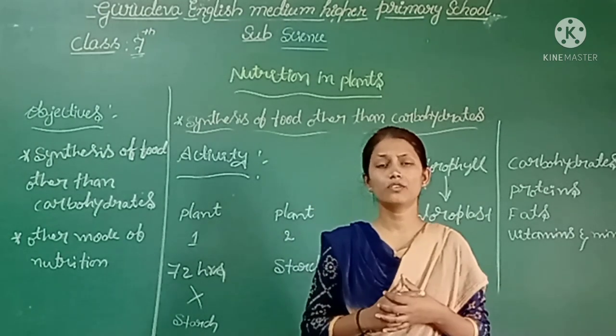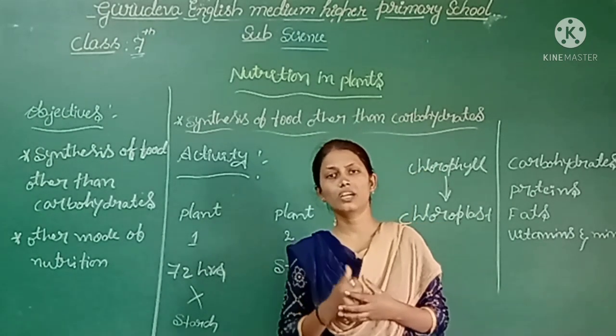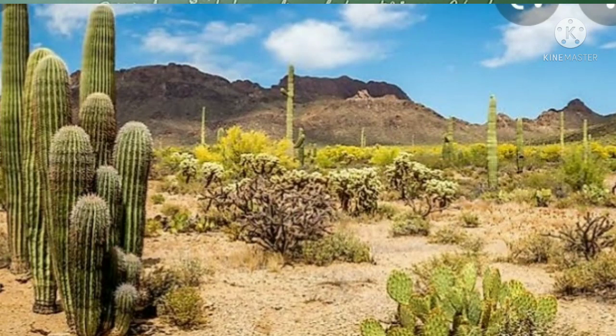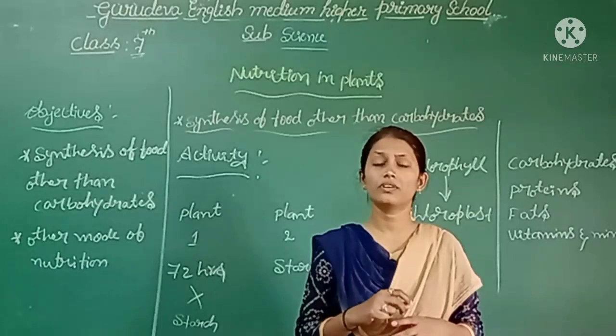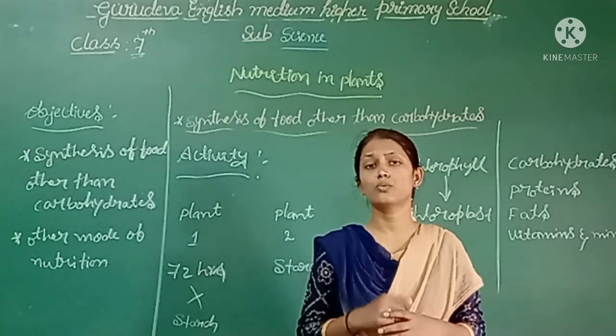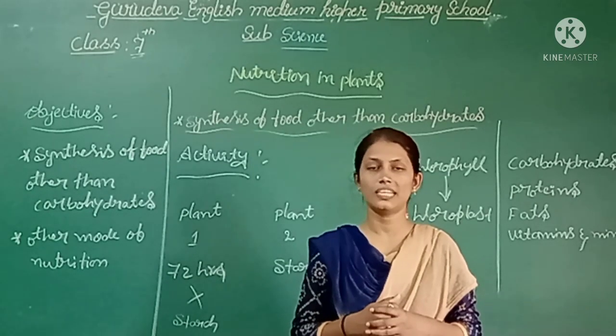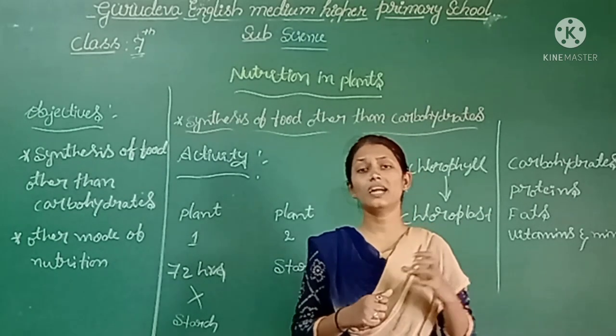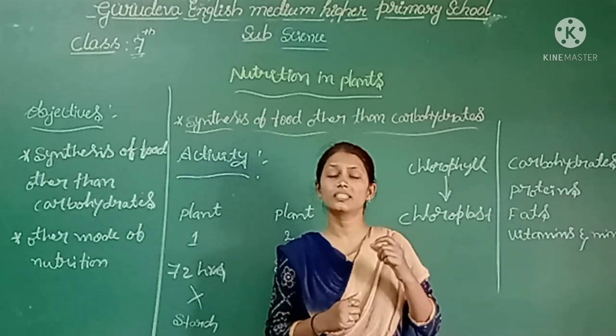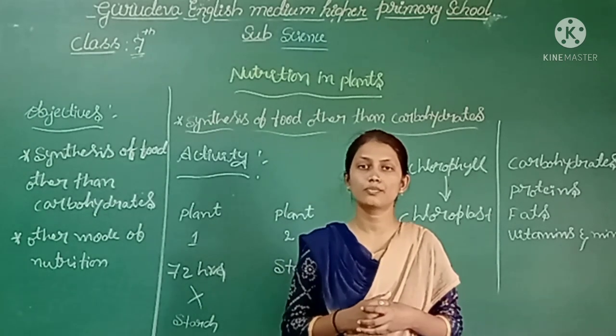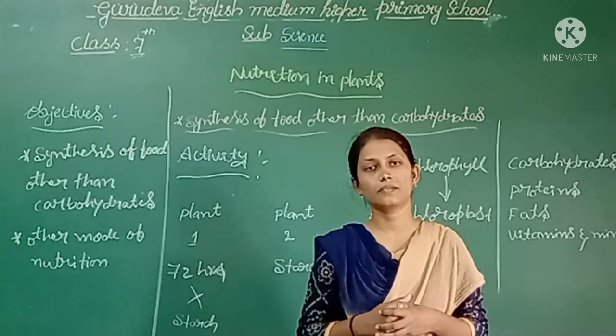For example, you might have seen the desert plant. Look at this picture. You might have seen the scale or spiny-like leaves, which help reduce water loss by the transpiration process. Through these leaves, water comes out, and this process we call transpiration. In that type of plant, photosynthesis takes place in the green stem.